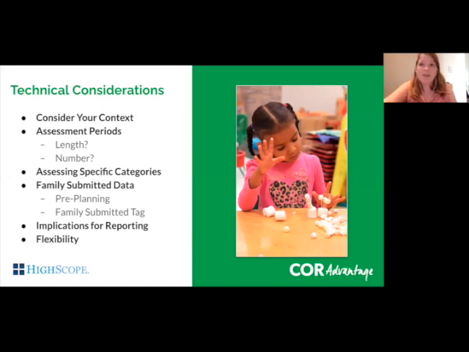But as a part of your assessment planning this year, again, as you're being very intentional, we recommend really pre-planning what your asks are going to be in conjunction with your teachers and your families if possible. So thinking about, what is an ask that will be reasonable for your families? You know your families best, and you know what would be reasonable, and you know how to not place an undue burden on them. So thinking about, for example, as Holly was giving some suggestions of at-home learning activities connected to COR Advantage items,